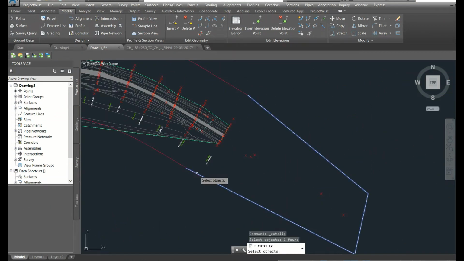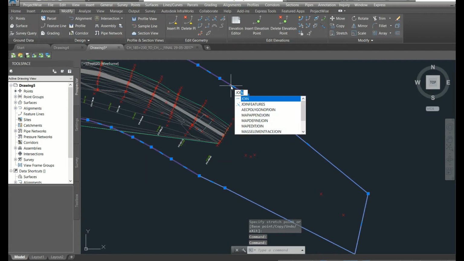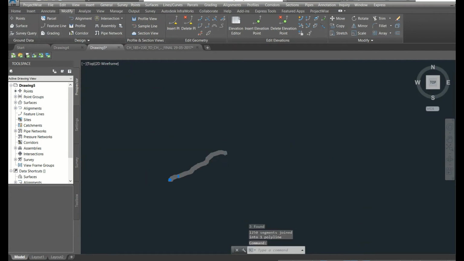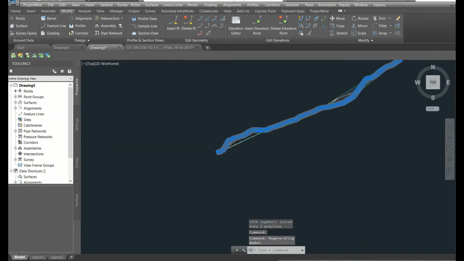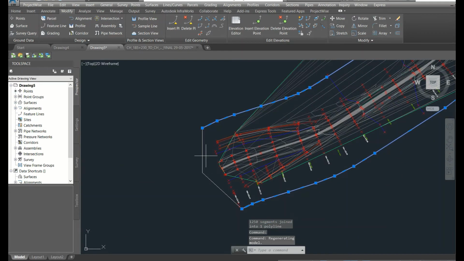Sorry, this join option. The boundary has been created, but here we need to add this also. Join. That's it. Boundary created.